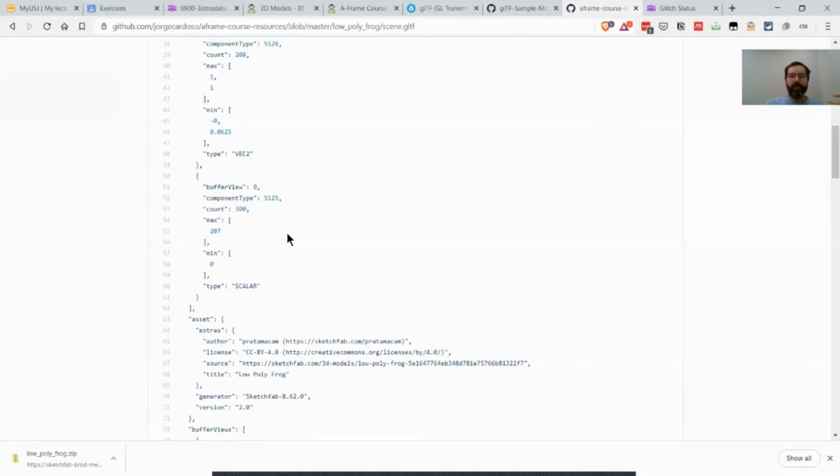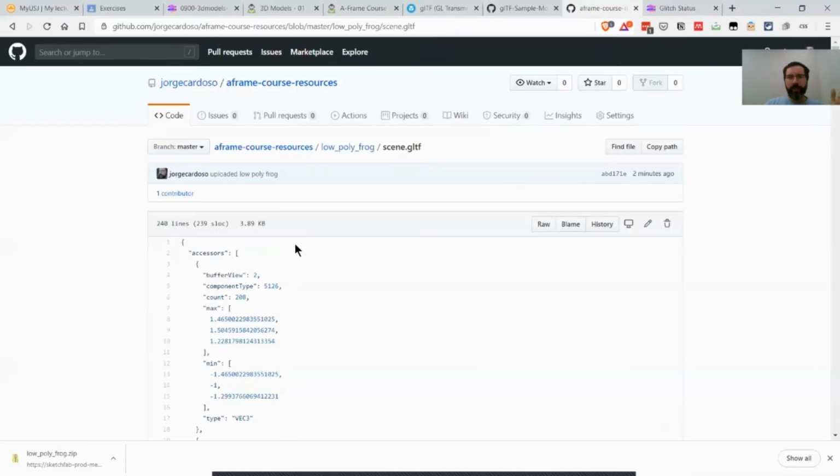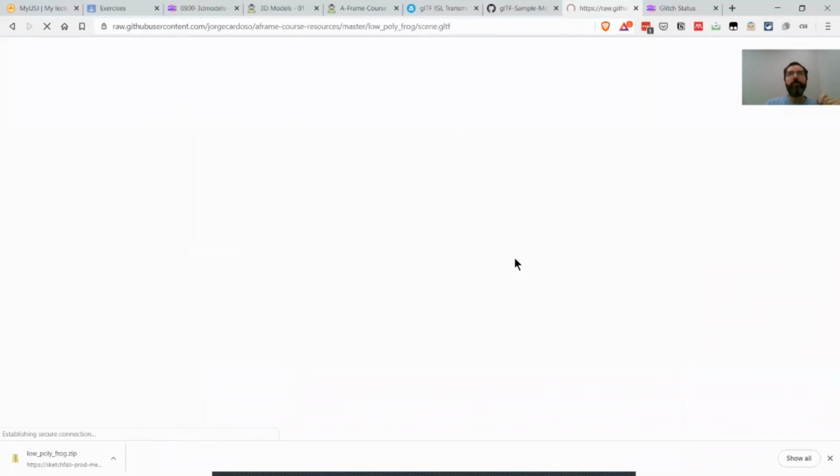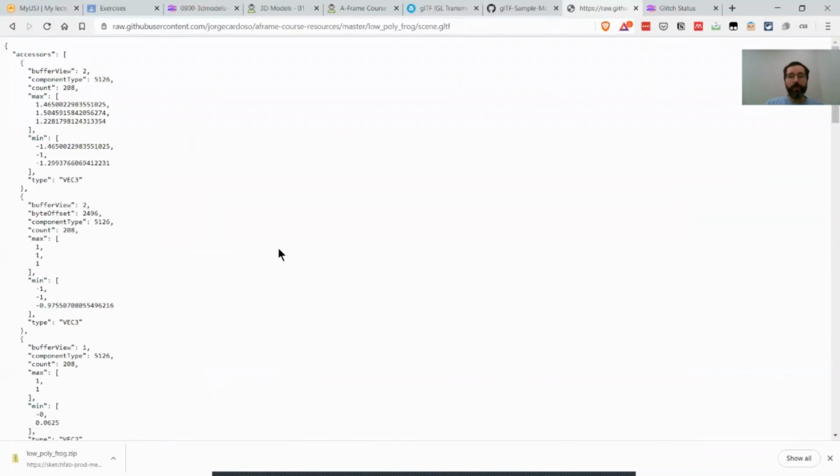And now here we see the contents of the file. We're not interested in the contents. We need the URL, the directory URL to the file, and that's available here in this raw button. So we can just click raw, and it will show us also the contents, but now you see that we don't have anything else in the window. So this is actually the direct link to that file. This is the URL in our browser's address bar. This is the URL that we need to use in A-Frame. So we can just copy